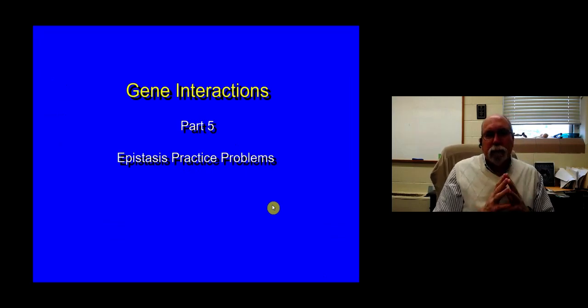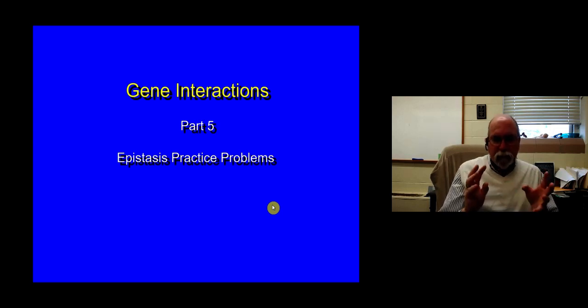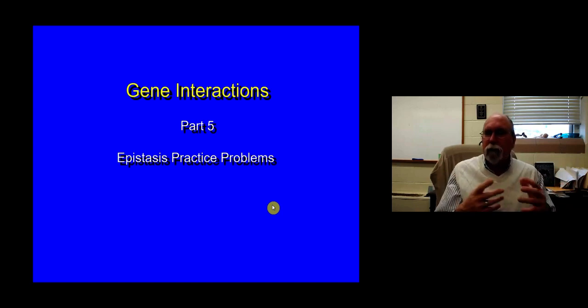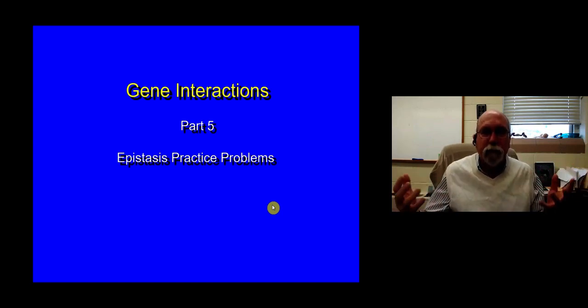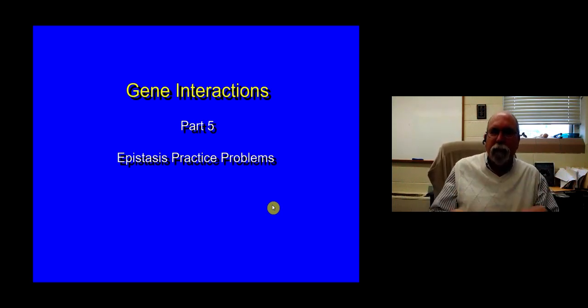All right, I thought we would finish up our discussion of gene interactions by working some problems, some epistatic practice problems. Now, epistasis, as you can see, we talk about it generally in a two locus system where we have A and B loci, and then alleles under each, but really it can be 3, 4, 5, 6. In the real world, epistasis is a big part of our genetic makeup and how we produce these phenotypes. But what I'd like to do is just do a few problems and show you,